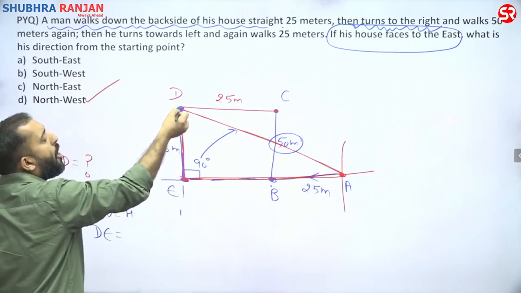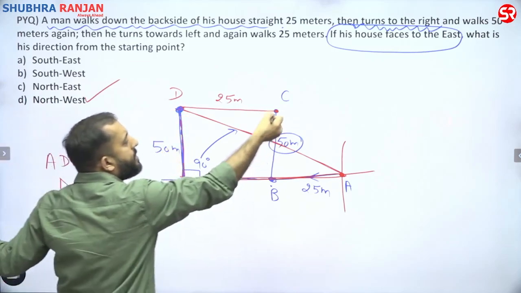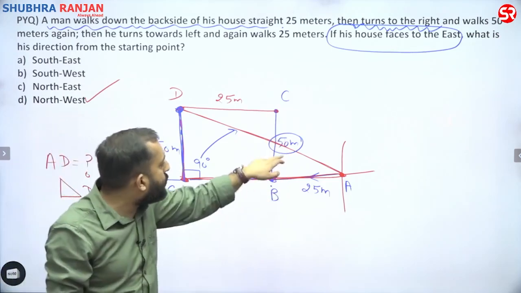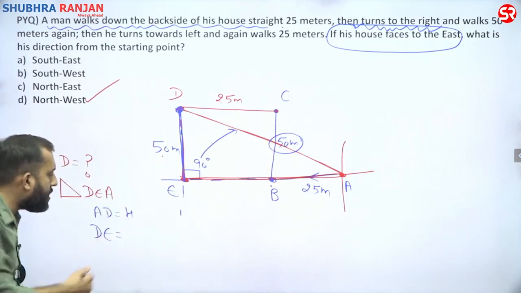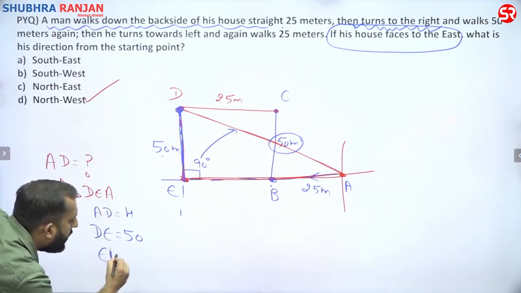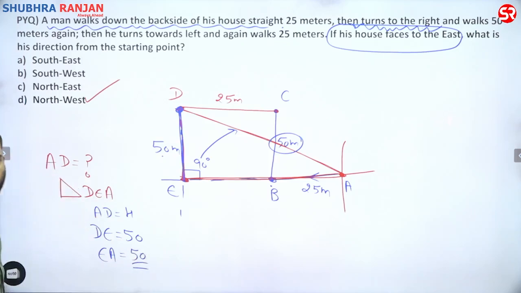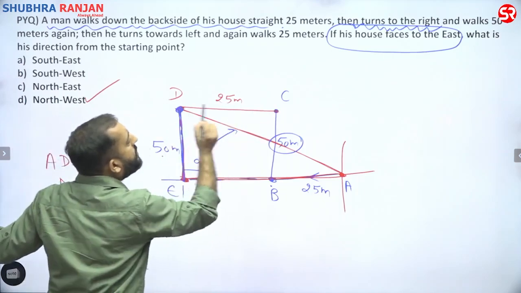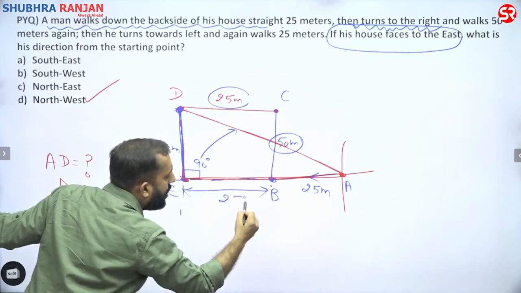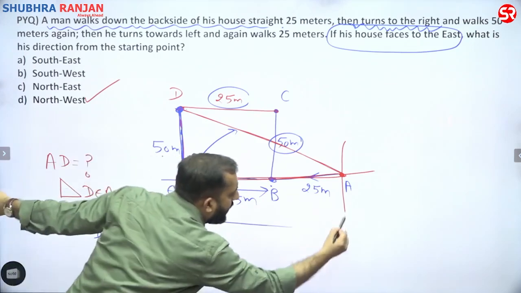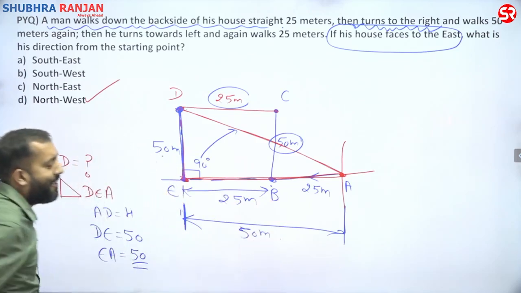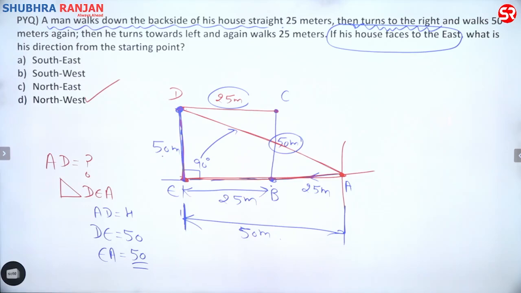Because you have drawn a perpendicular from point D and C to B. This is again a perpendicular because north and west are perpendicular to each other. So this is 50, then this has to be 50. So DE is 50. Any problem? What about this EA? This EA has to be 50 again. Why? Because D to C, this distance is 25, then E to B, this distance has to be 25 again. So total distance from E till A is 50. Clear to everybody? Any doubt here?